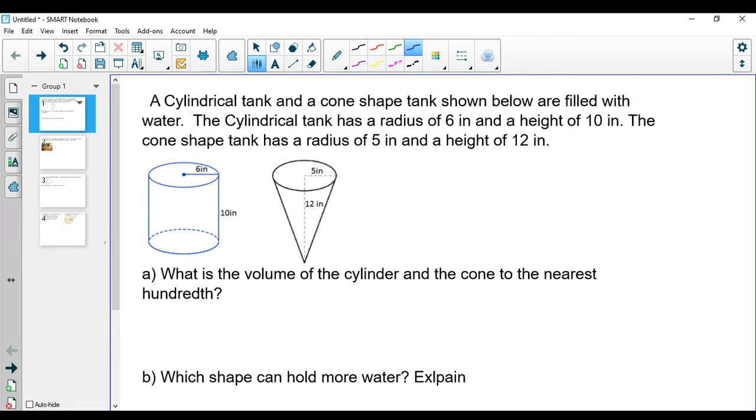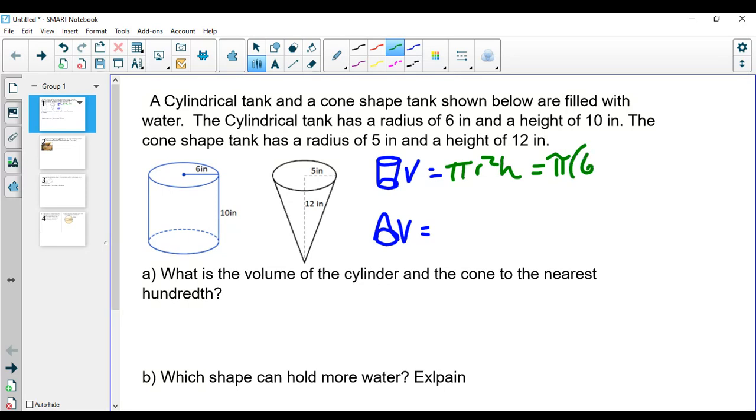All right, so for the first question, it has a cylinder and a cone. The cylinder formula, I like to draw it like this, where I put cylinder volume, and then I'll do the cone volume. So I know that the work for the top will be my cylinder, and the work on the bottom will be the cone. The formula for a cylinder is pi r squared h. So I'm going to input, the radius is 6, the height is 10, and if you plug that all into the calculator, you should get